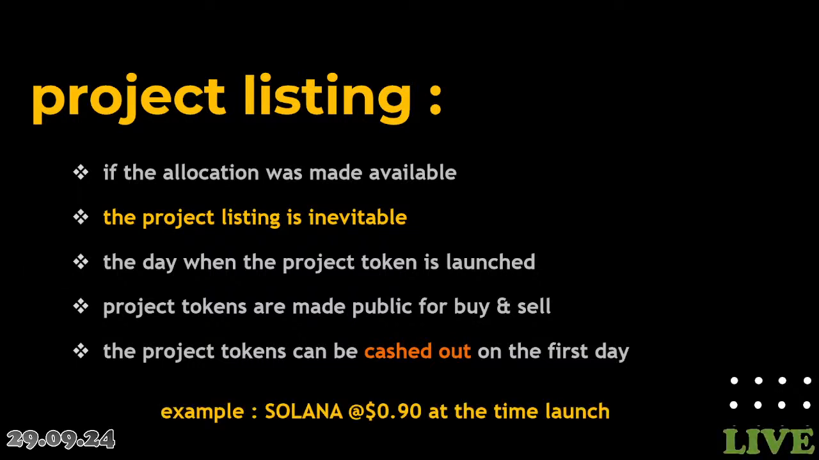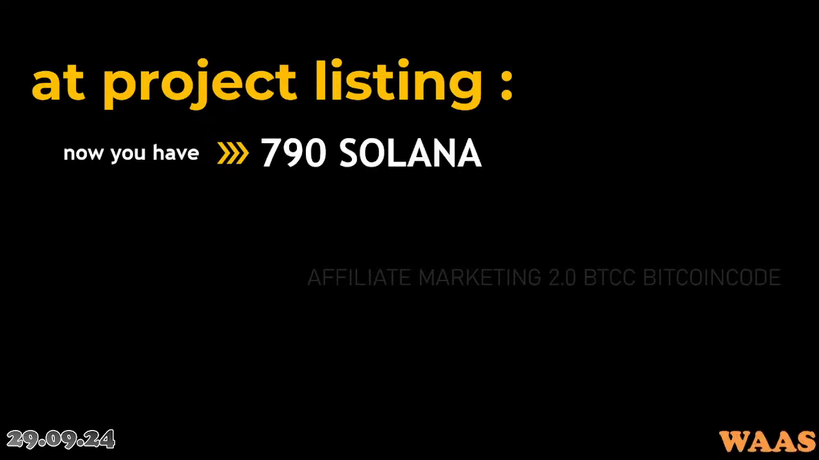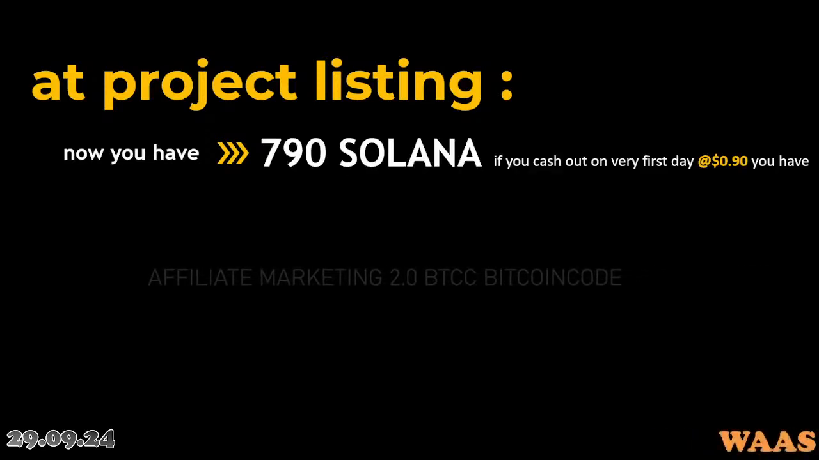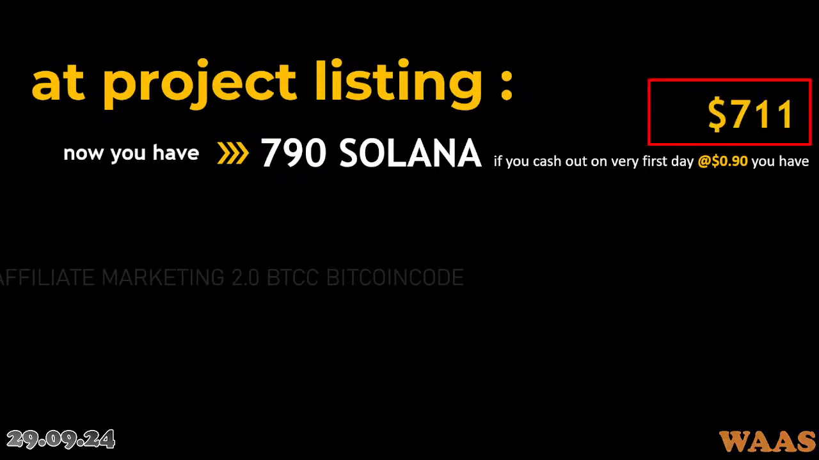For example, I'm just taking an example. Solana, at the time of launch, was available at $0.90. Just imagine seed funders bought at $0.20, and on the very first day it was sold at $0.90. So that's a $0.70 profit on each coin on the very first day, right? At project listing, now you have 790 Solana. If you want to cash out on the very first day at 0.90, you have 711 in cash